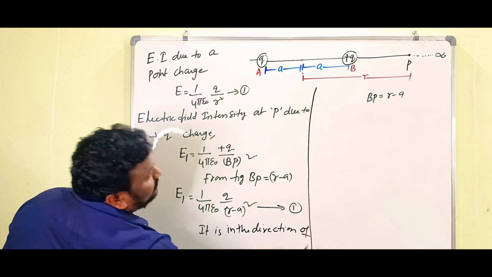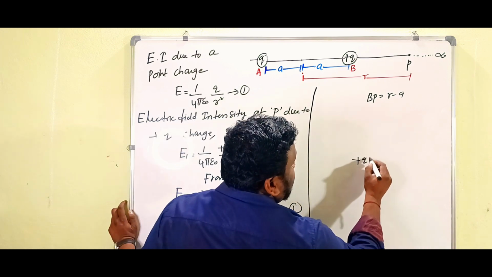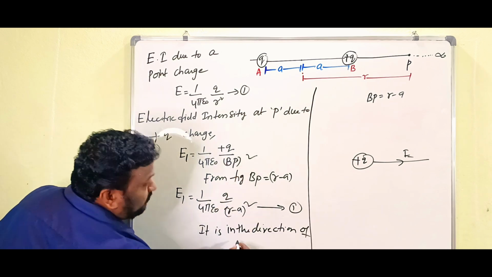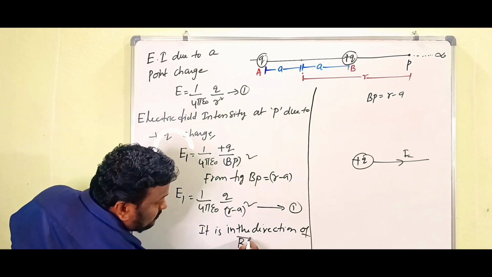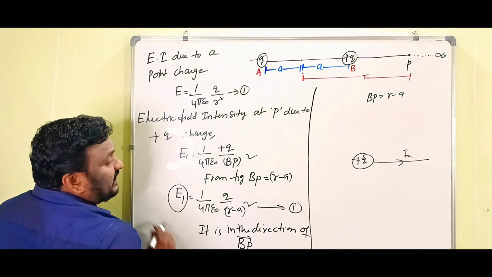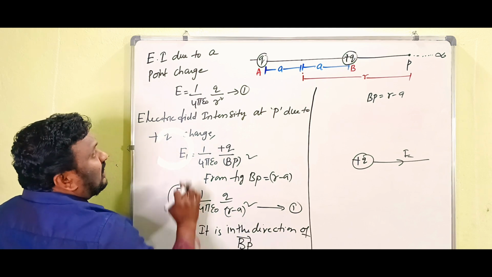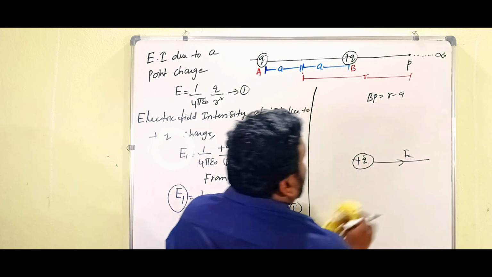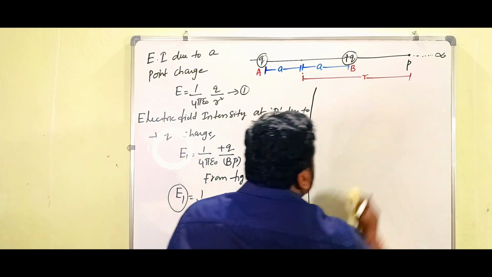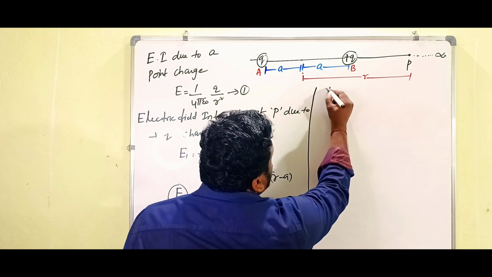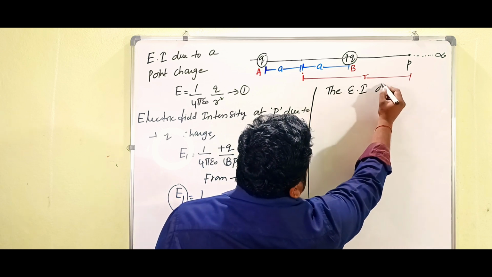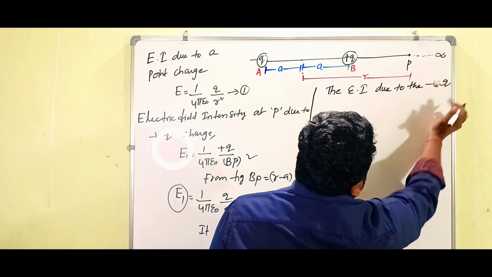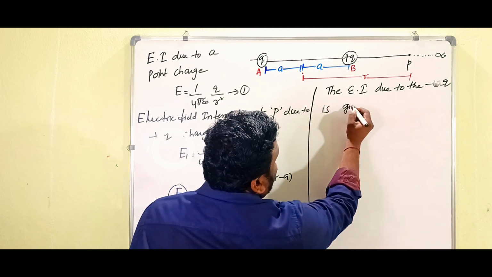E1 is in the direction of... for a positive charge, the electric field is radially outward. That's why here we write, E1 is in the direction of BP. So whichever direction BP is in, E1 is also in the same direction. This is the equation about the electric field intensity due to the plus q charge. And in the same manner, we go for the second one: the electric field intensity due to the negative charge, minus q, is given by